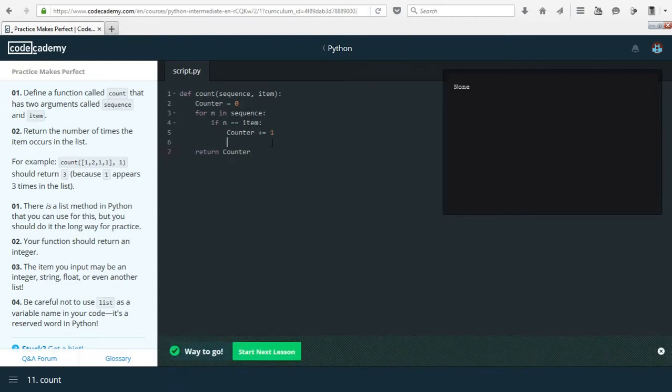And that works. So let's actually explain what's happening here. We enter the function with a list and a variable. It can be an integer, it can be a string, it can be another list if we wanted to. We make our own variable called counter, which is an integer, and we then use a for loop to look through the whole of the list called sequence. If the item, which is stored as n in the current situation,